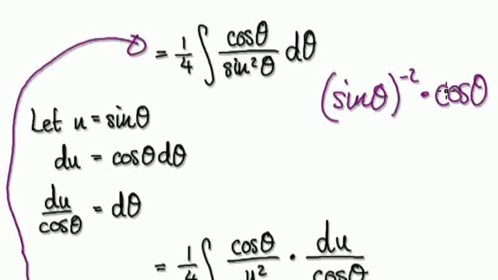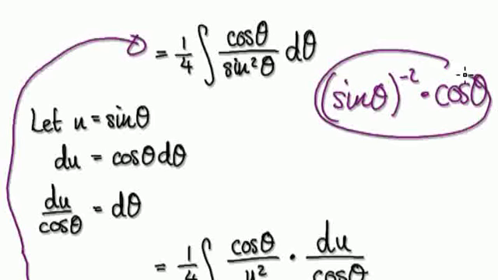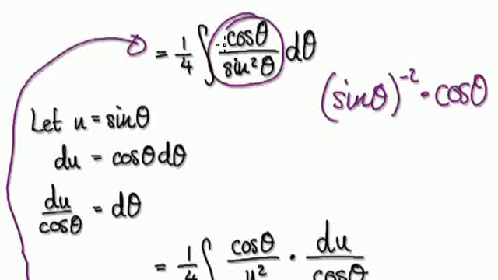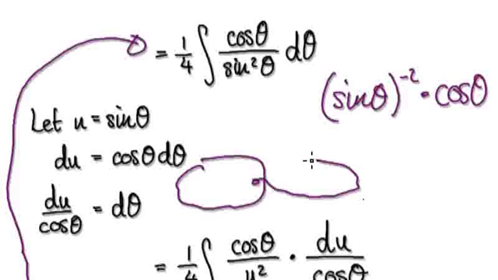The point I'm trying to make is that you should train yourself to be able to spot something being the exact derivative of another thing. Here you've got this thing being the exact derivative of this thing. So train yourself to spot a derivative within what you're trying to integrate. To integrate this, you're looking for something such that when you differentiate it, it will give you this thing here. Because this is the exact derivative of this,